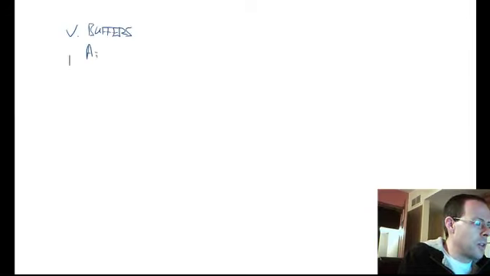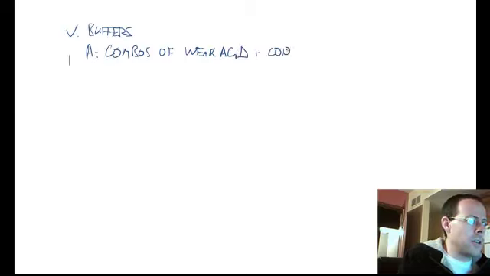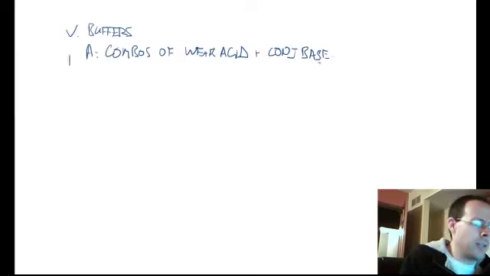Buffer solutions are simply combinations, or combos, of weak acids plus conjugate base, or weak bases with the conjugate acid, but weak acid with conjugate base that uses common ion effect